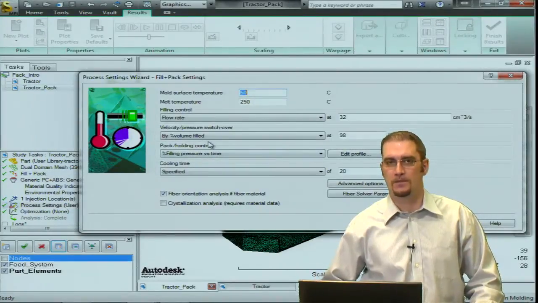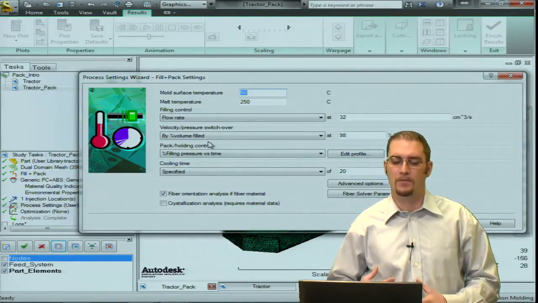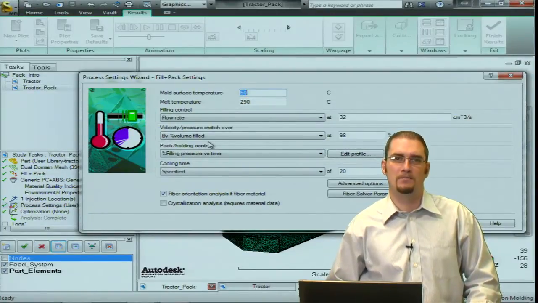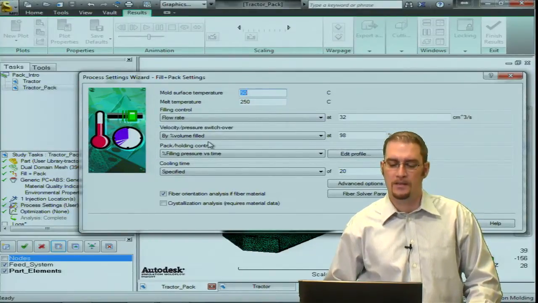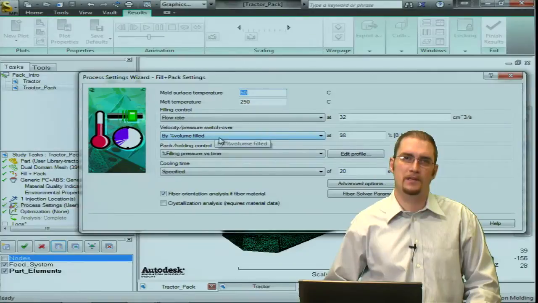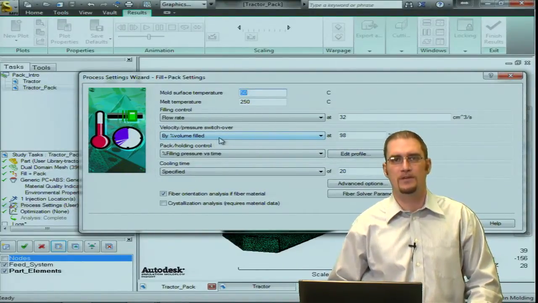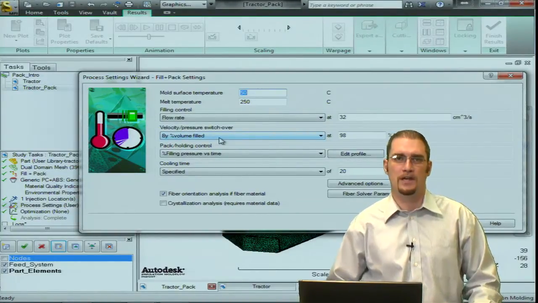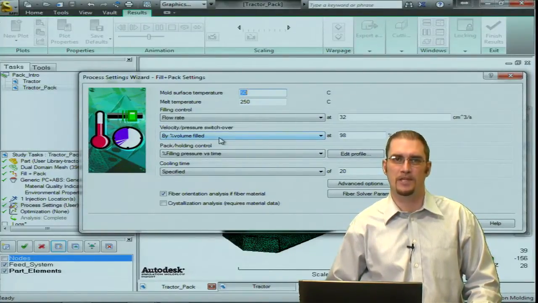And as I mentioned, we ran our molding window analysis by now, hopefully, to get a good idea on the material and the good mold surface temp, melt temp, and fill time. So I have all these in here from those previous analyses. Now, the other thing we'll have to take a look at is VP switchover. This is basically when you're going to switch from filling control, a velocity control, to a pressure control. And typically I see normally 98 to 99%,